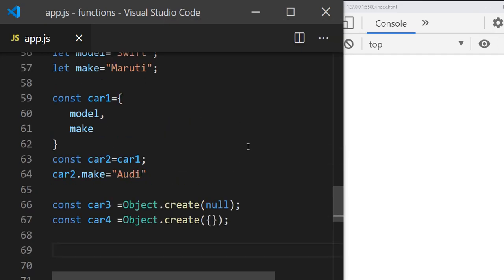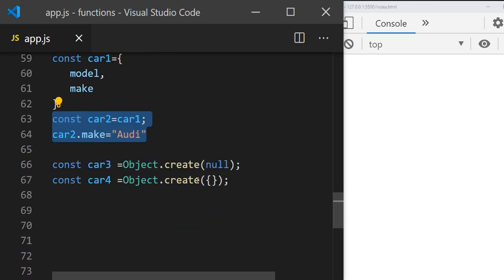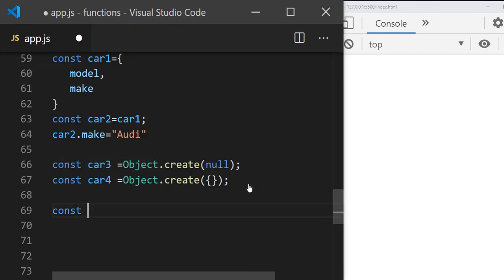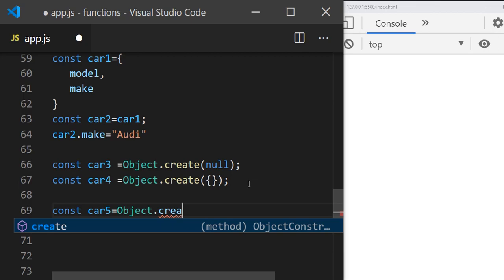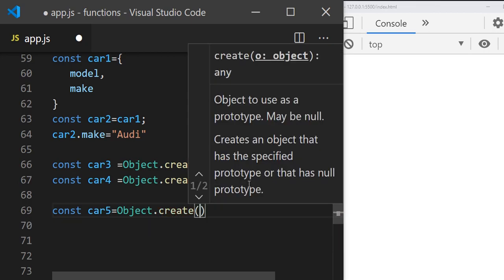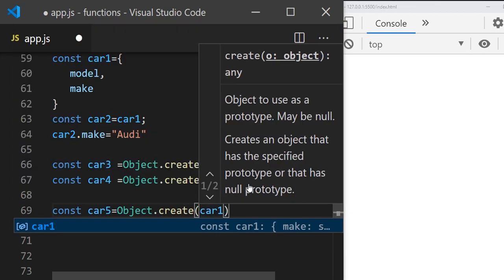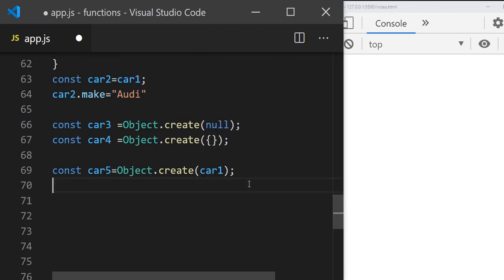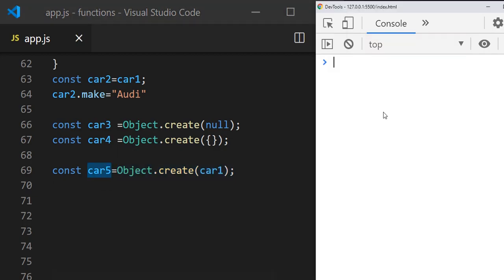So now I said objects are reference type, and if you want to break the reference, you can use Object.create. So now I will create another object, const car5 equal to Object.create of, let's say car1. What I am doing here is creating an object out of another object. And when you go and print car5, what you will see? It will show you an empty object.